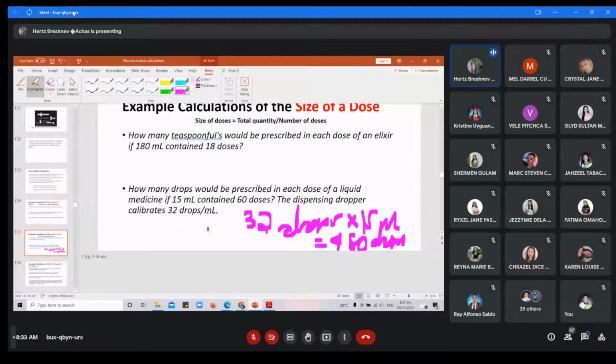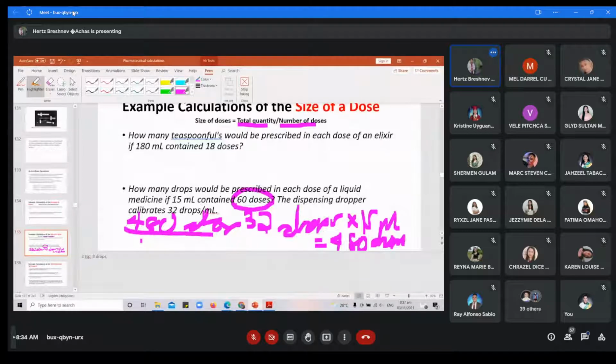So we need to multiply to get how many drops are present in 15 ml. So 32 drops times 15 ml, so there are 480 drops in 15 ml. That is our total quantity, divided by the number of doses,